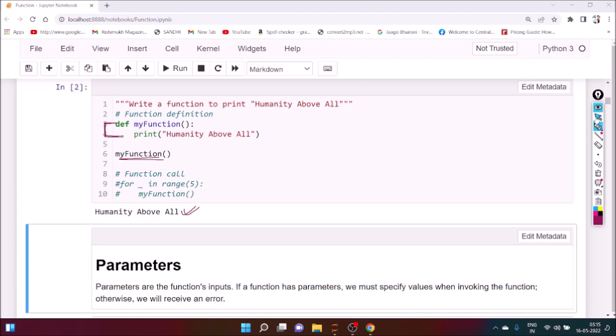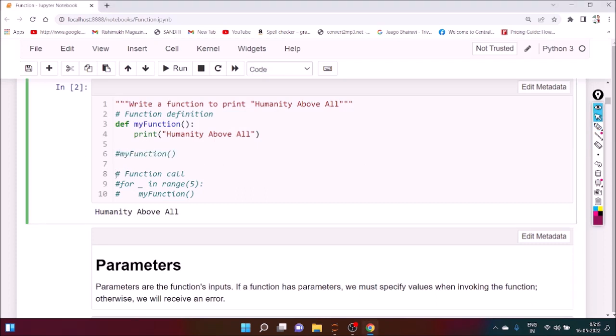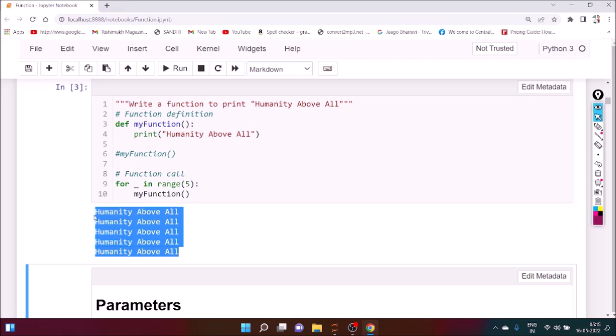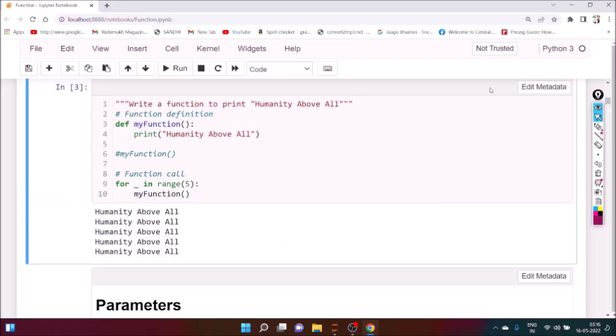Okay, so suppose we want to call this particular function 5 times. We can copy it and paste it, and now you can execute it. Now you can see here, the same function we are calling 5 times. Okay,